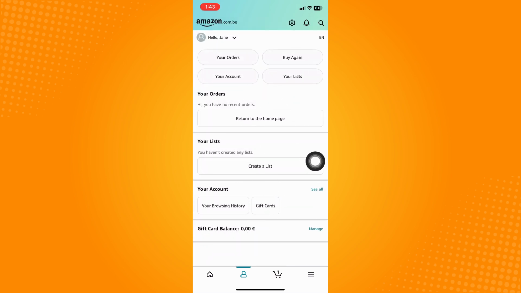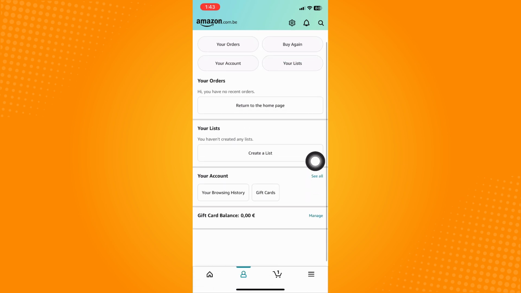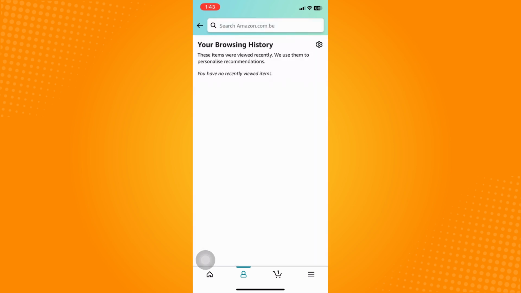What you're gonna do next is to scroll all the way down up until you see your account here, this option, and you will see here your browsing history. So to be able to clear your Amazon browsing history, you have to click on that, and basically you will see all your browsing history, and then you can also see the remove from view button, and you can individually or specifically delete those